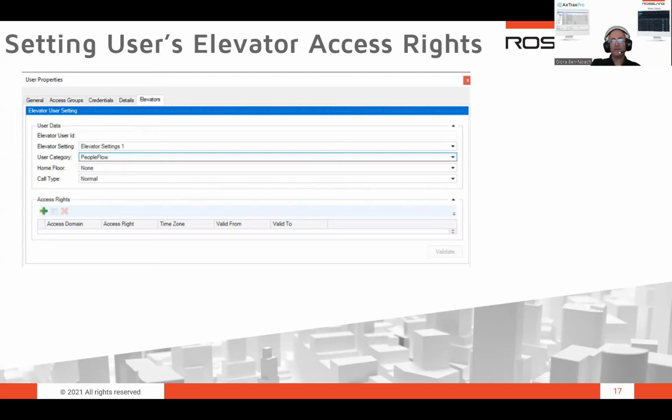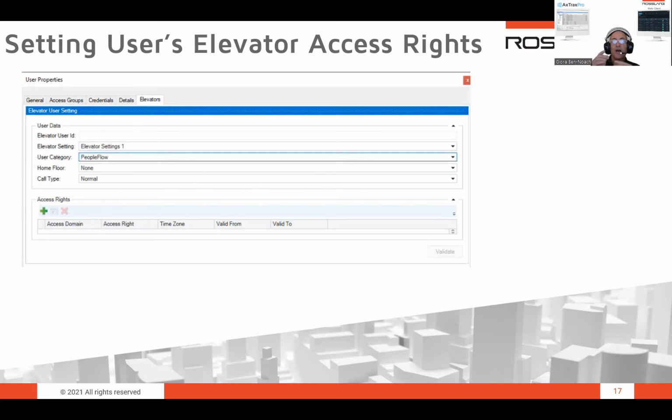So we will not touch this field now, and we will move to the next field, the elevator settings field here. The elevator settings are settings that determine the connectivity to the KONE server and the data that will be retrieved from the KONE server. Elevator setting 1, which is written here, is actually the name of the configuration that includes the parameters of the connection to the KONE server, and it defines what information will be retrieved from the KONE server. Different KONE servers in different sites, in different buildings, may have their own specific elevator settings configuration, and we